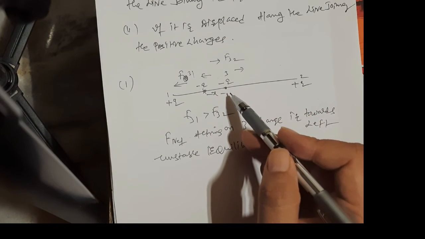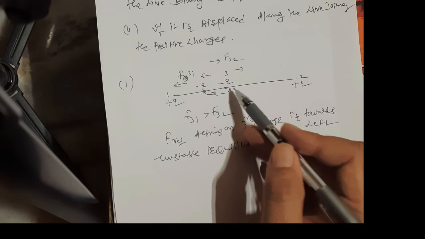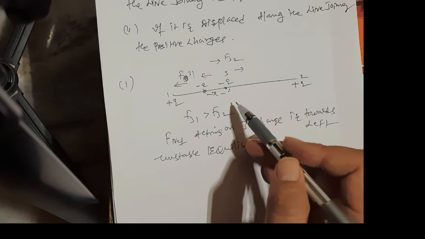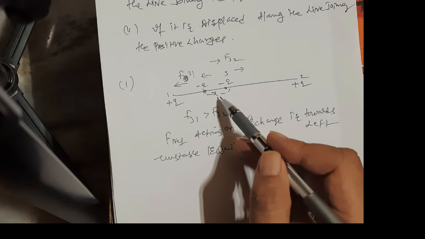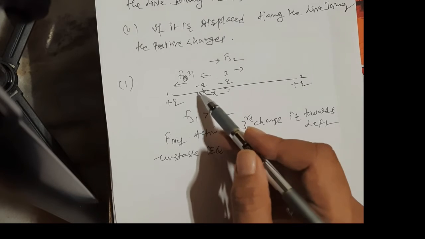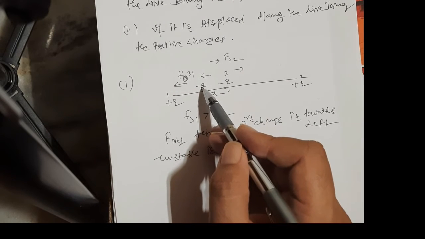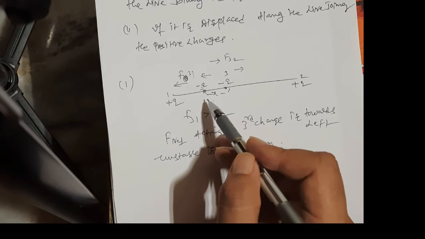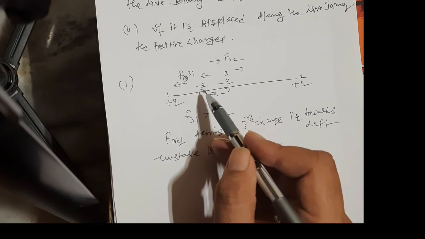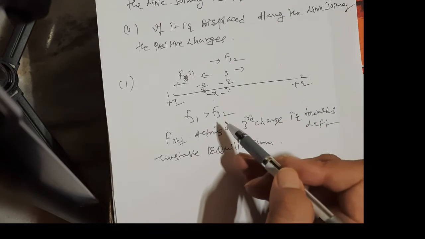Initially, if the charge is not displaced and is placed exactly midway, then the net force acting on the charge 3 is 0, so it is in equilibrium. But when the charge is displaced slightly along the line joining the two charges through a displacement x, what happens? The force on the third charged particle due to 1 is an attraction force, and the force due to the second charged particle is also an attraction force, F32.